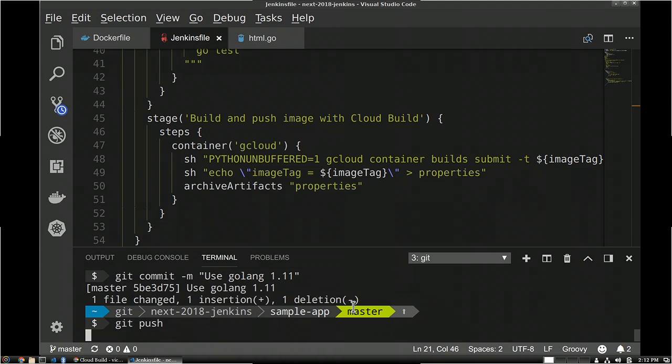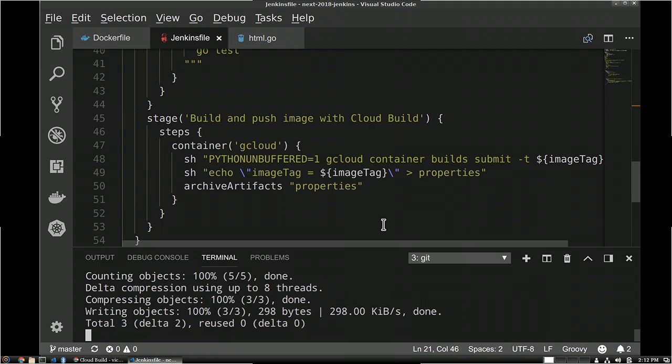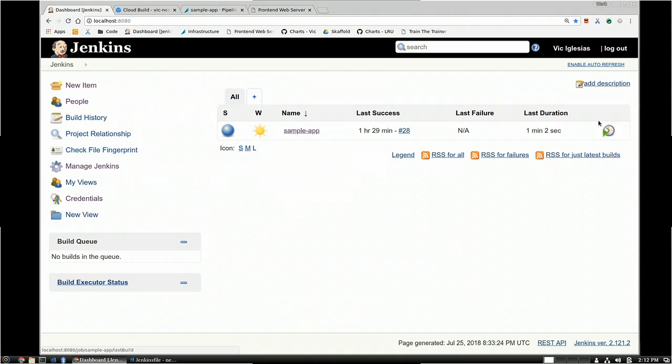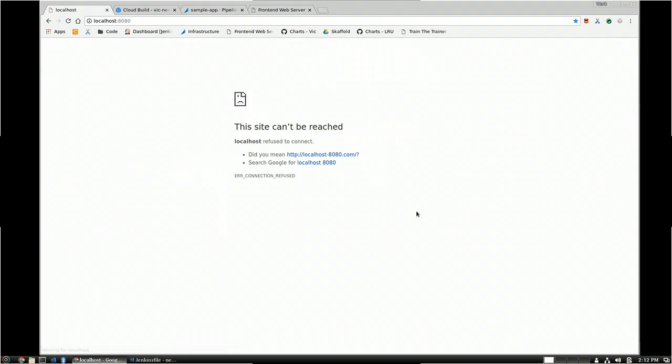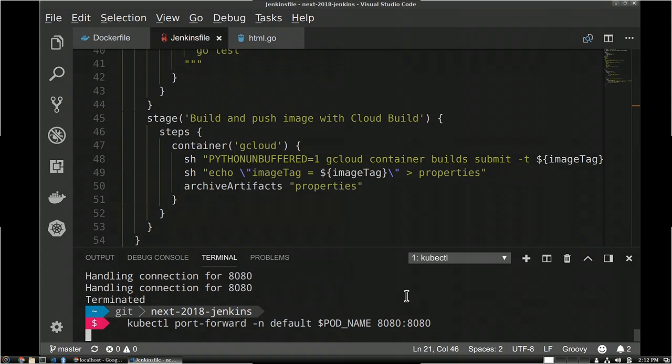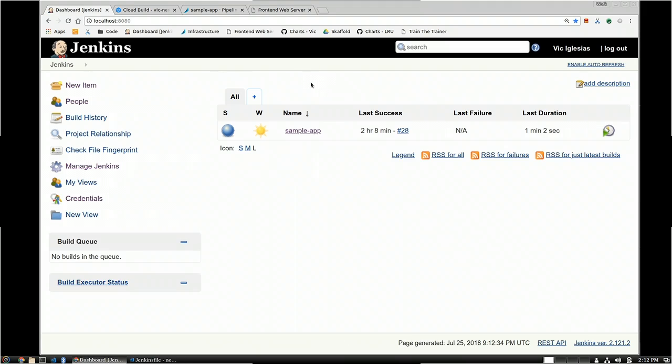Cool. All right. And once I push that, it's going to go ahead and be detected by Jenkins. I'm actually just going to kick a build off myself. Oops. Demo time. Let's see this here. My port forwarding wasn't working. Let's see. So let's kick that off again. All right. And so now I've got my build running